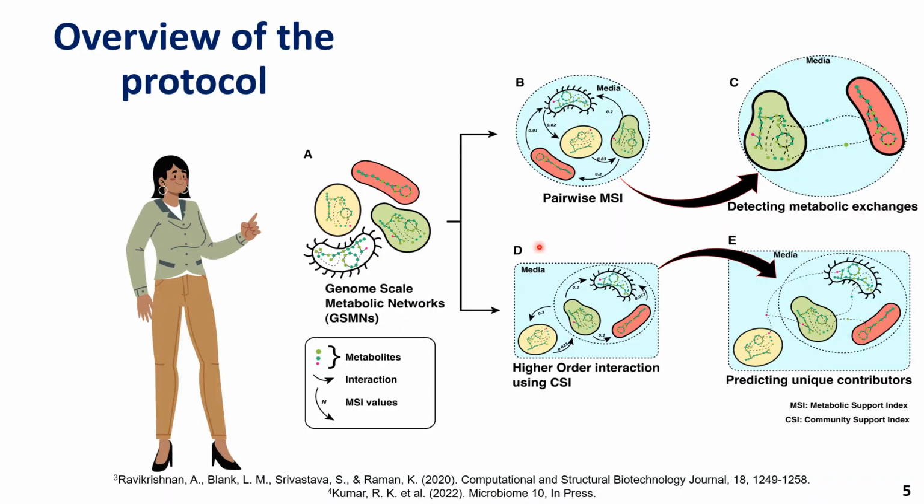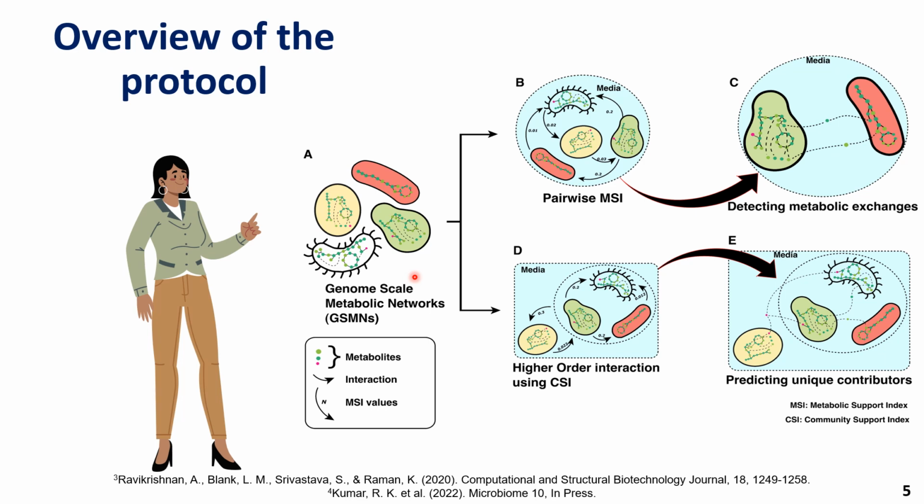This is the overview of the process. First, we start with genome scale metabolic models. This is done by using the Python package called MedQuest. MedQuest builds genome scale metabolic models from genomes of microbes present in the microbiome. Networks are built for individual microbes, for microbial pairs, and for higher order communities also. Further, MedQuest allows us to find active and inactive reactions in the metabolic networks for given media conditions. These media conditions are represented by a set of metabolites chosen based on the environment from